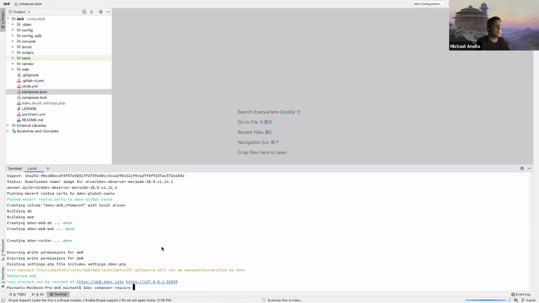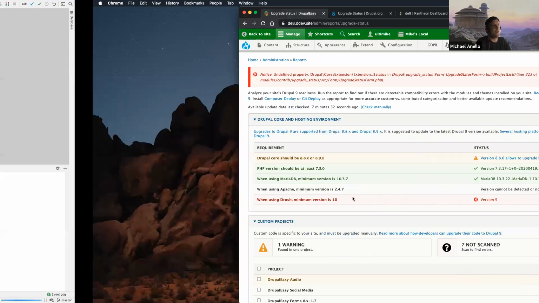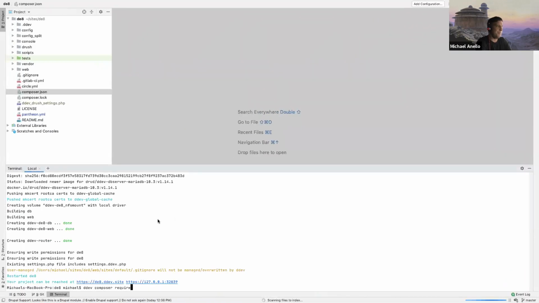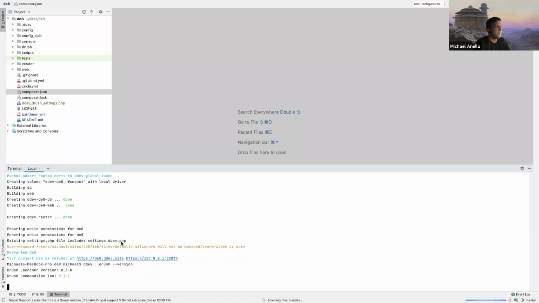DDEV composer require. So what this basically means, the version of Drush that I'm using on this site is version 9. It's the version that actually is installed with DDEV by default. So if we do a ddev drush --version, so you can see we're on 9.7.1, but if I do a ddev composer require drush,